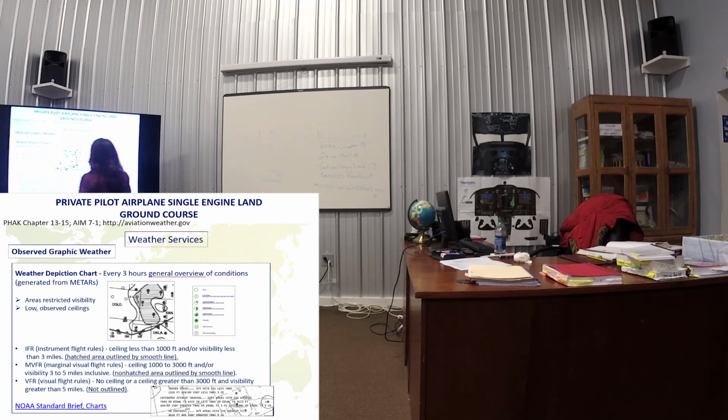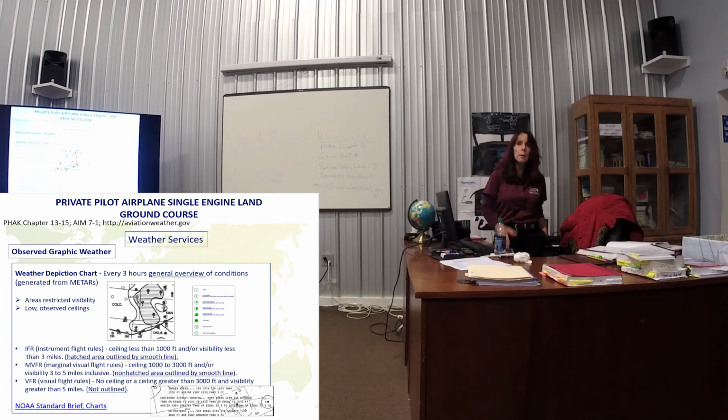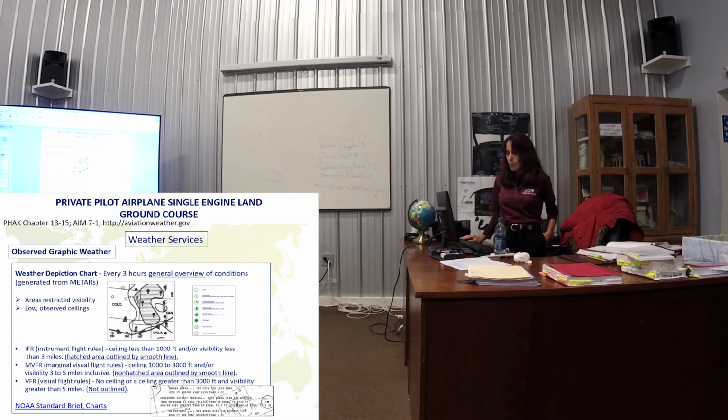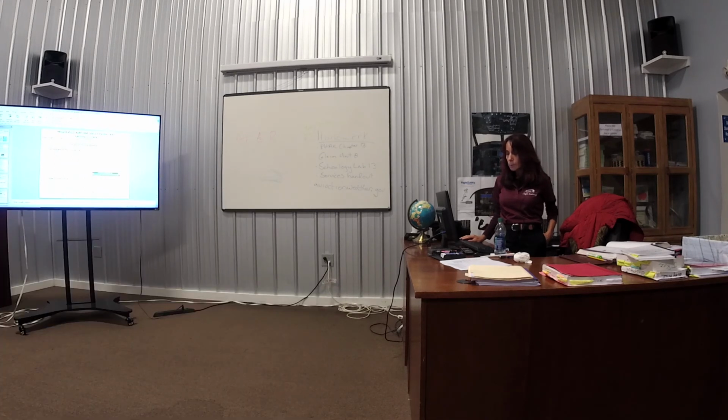You also have your little circles. But your question is going to be more on what is the visibility in Utah. Go to figure 27 to find out where the heck Utah is and go back to your weather depiction figure. They love Texas, they love Oregon, they love Utah. They love the weather depiction chart. Shows a general overview every 3 hours. So we'll look at it, then we'll do study buddies, we'll call it a day. Because then we go into forecast.